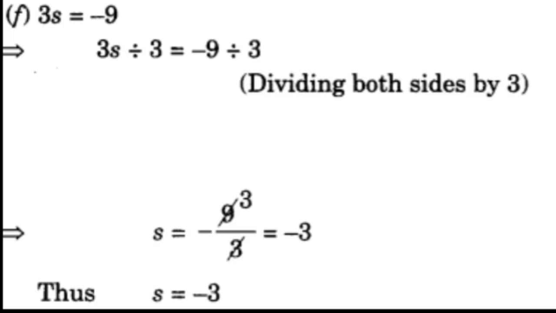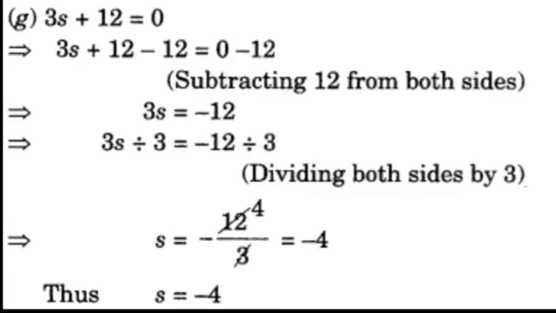And the next question is g, where addition of 12 is there. You can see, 12. So the opposite of addition of 12 is subtraction of 12, that is you are going to subtract 12 from both sides. This 12 will get cancelled by this 12, and 0 minus 12 is not possible, students, because we cannot take 12 out of 0. So what we are going to do, we are going to use the integer method. Plus minus minus, 0 minus 12 will give you 12 and the sign of the greater number, that's why your answer will be minus 12.